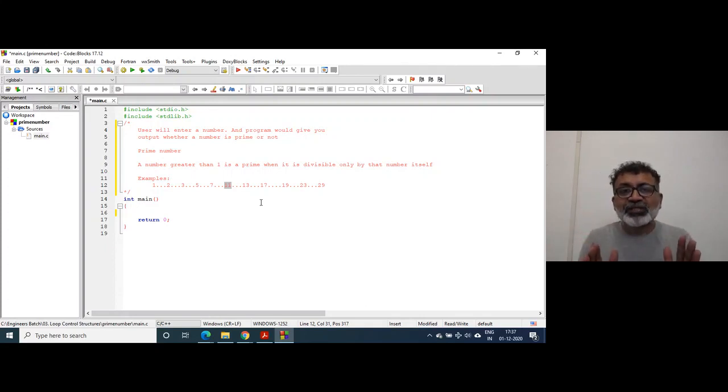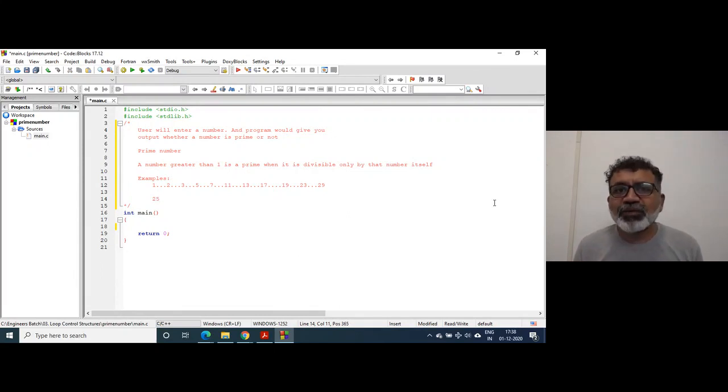To generalize, we have to divide the number from 2 onwards till that number minus 1. If none of these numbers can divide that number, we can declare that number is a prime. This will be the design of the program. Suppose I take a number as 25.